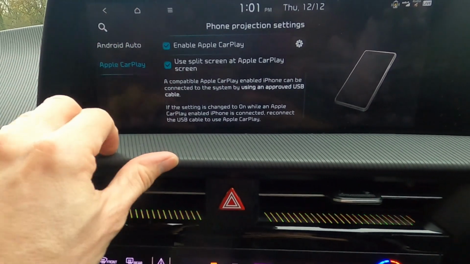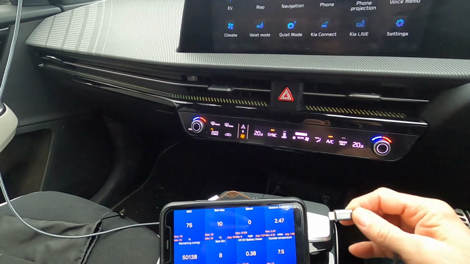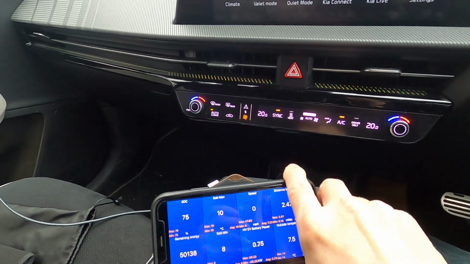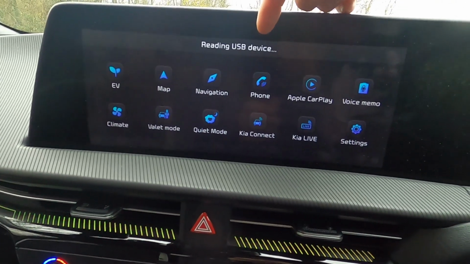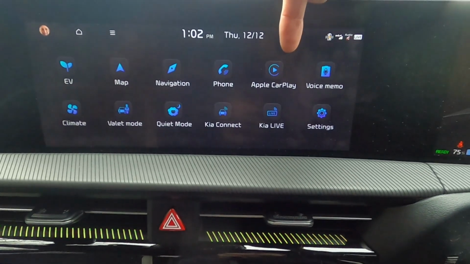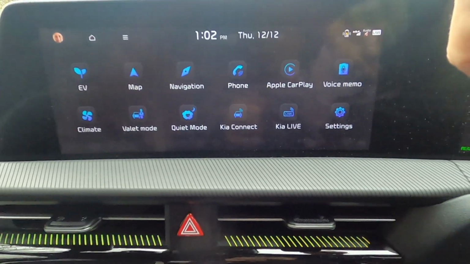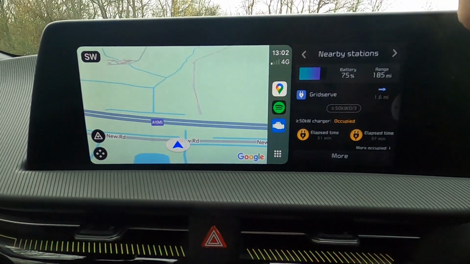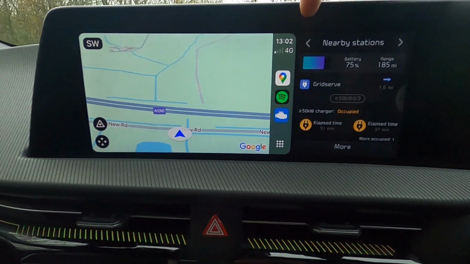So now if we go back to home, and then I plug my phone in. Let me just grab my cable, and if I can do this right one-handed, hopefully. There we go. It says at the top here, reading USB device, because it's seen the device. It's picked up that it's Apple CarPlay, so now this phone projection icon is an Apple CarPlay icon because it's got the connection. So now when I click on Apple CarPlay, you'll see we have the 2/3 screen,